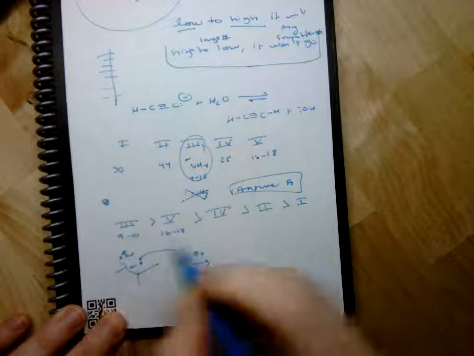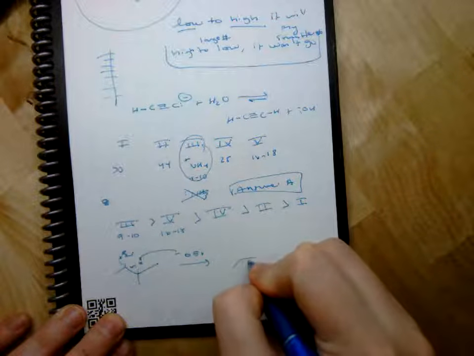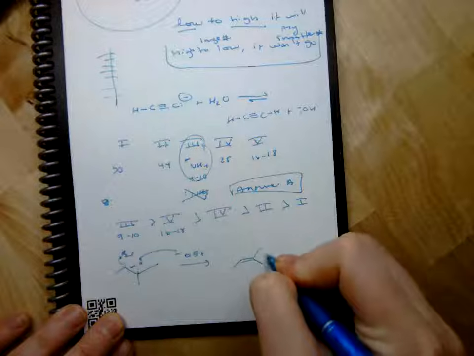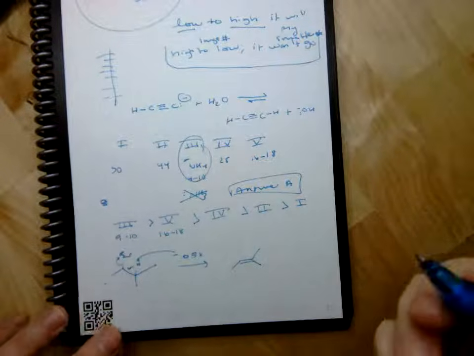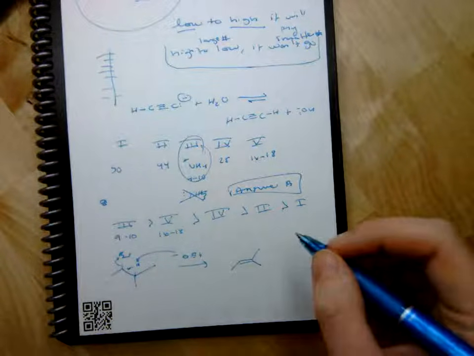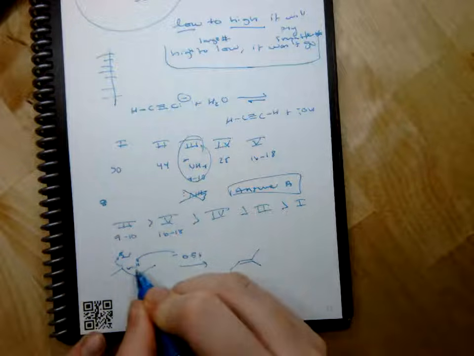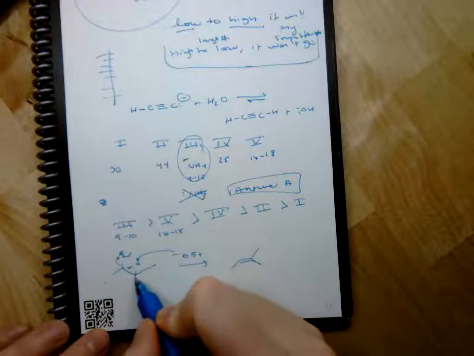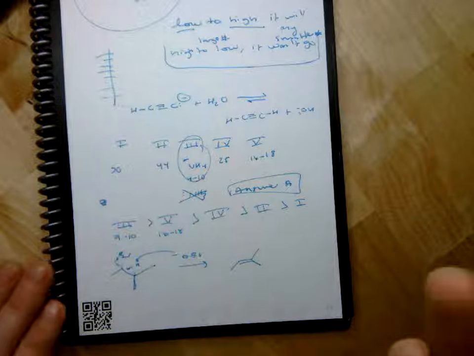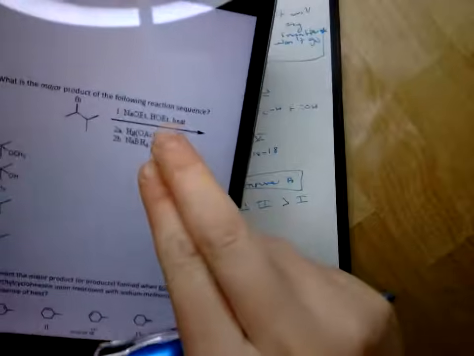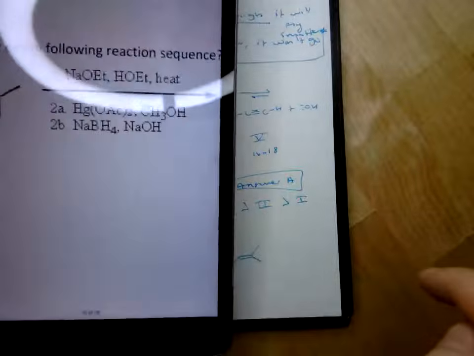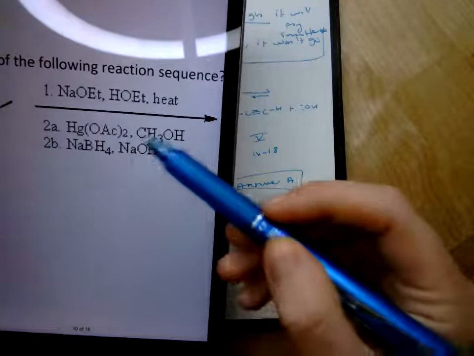And we don't have to worry about E versus Z because these two are the same. So the stereochemistry doesn't really matter because it'll line up the same either way. There's only one hydrogen it can get, and these are both a symmetrical group, so it'll line up that way either way. And then the next step looks like oxymercuration, demercuration,